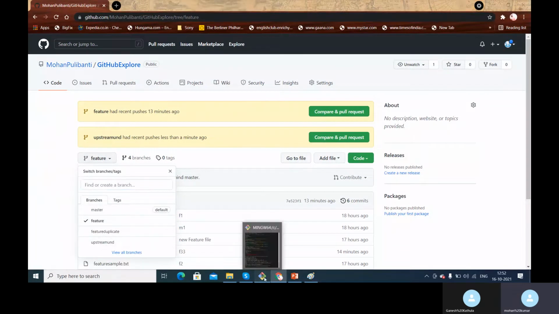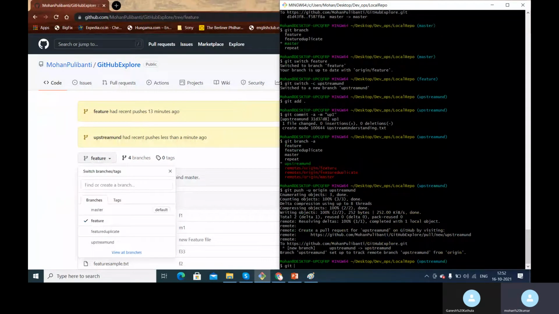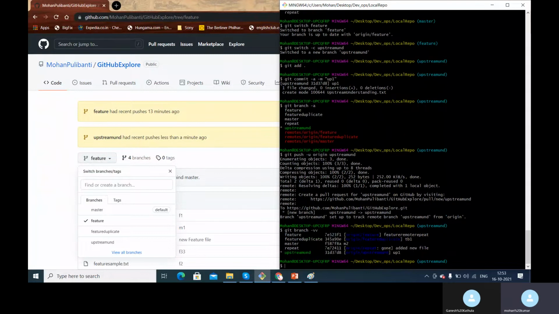And if you go back to your remote repository, when I say git branch -vv, the upstream branch is already set to upstream understanding. This tracking we haven't created by hand; it is done by default because we just created a new branch and added -u. That is as simple as that.